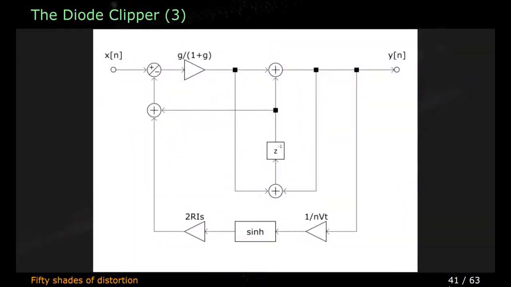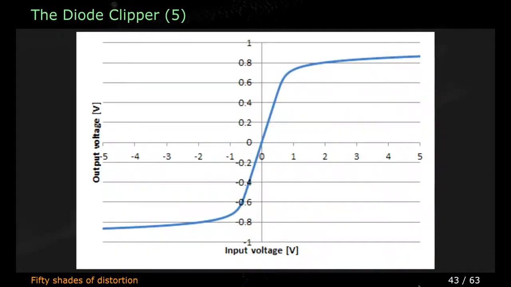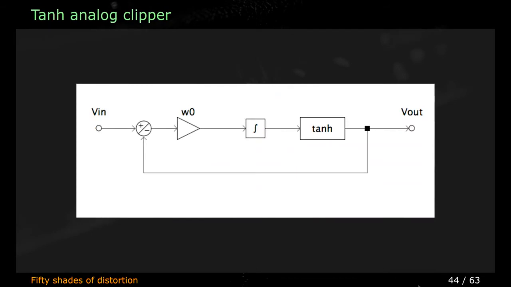But if we want to do the same thing for the diode clipper, even by using this method, we can improve the linear part of the algorithm, but we still need to do something for the nonlinear part. It's kind of complicated to explain, but this is the code which does the actual simulation of what we see here using Newton-Raphson. You will be able to have a look at it on the JUCE forum and try to understand everything that is happening here. And one of the homeworks you will have after the first one is doing the same for this. So I will give you instructions to help you